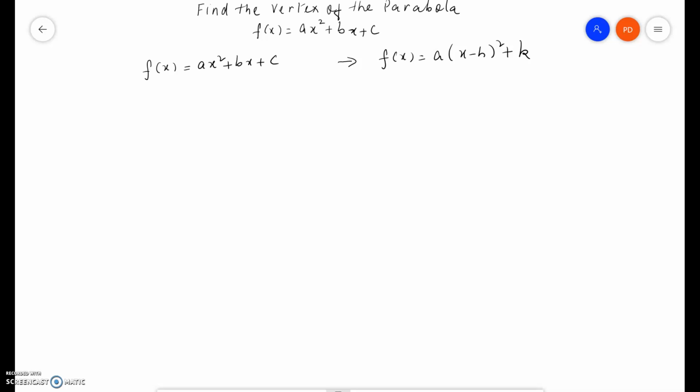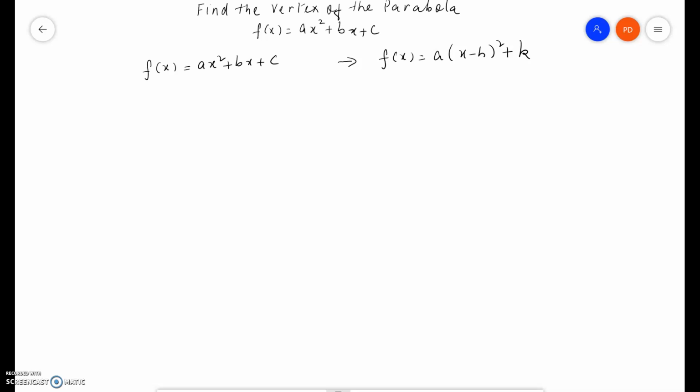We are given the equation f of x equals ax squared plus bx plus c. It's a quadratic function, and we know that the graph of a quadratic function is a parabola. So we're going to find the vertex of this parabola. Now, in order to find the vertex of the parabola, we're going to convert it to the standard form, which